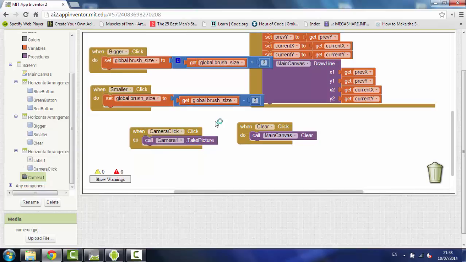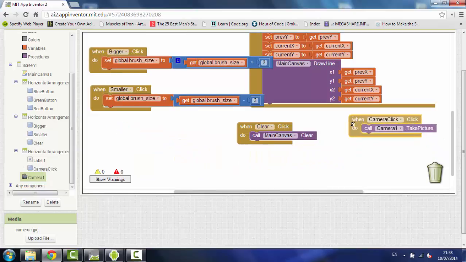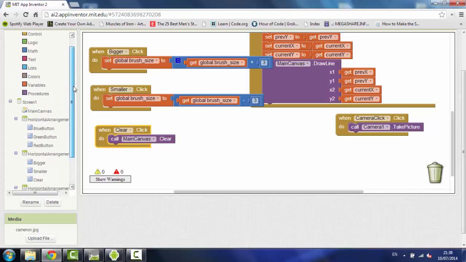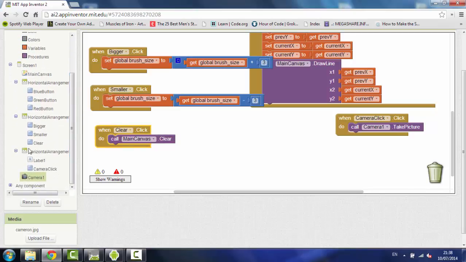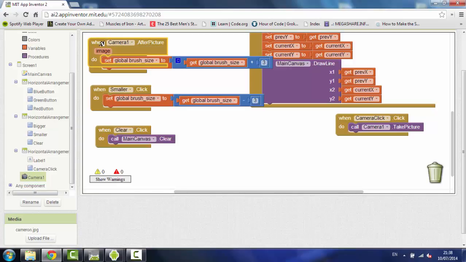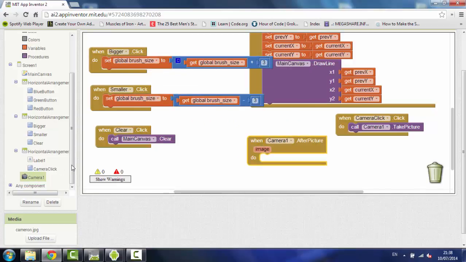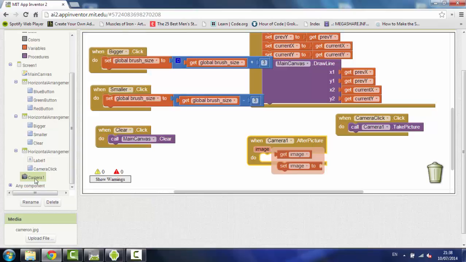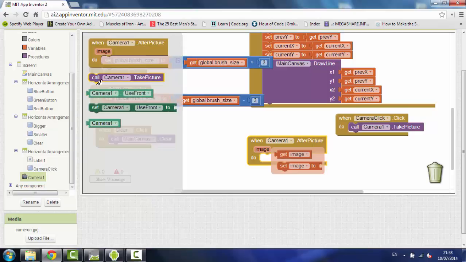Okay, so now that we've established what will happen once we click on a button, we now need to establish what will happen once the picture has been taken. So along the left hand side at the bottom, we have our components. So we have established camera 1. So when camera 1, in fact I went through that a bit too quick, so there we go. So there are the options for camera. So when camera 1, after picture, use the image. So what we want to do is click on camera 1, and we want to